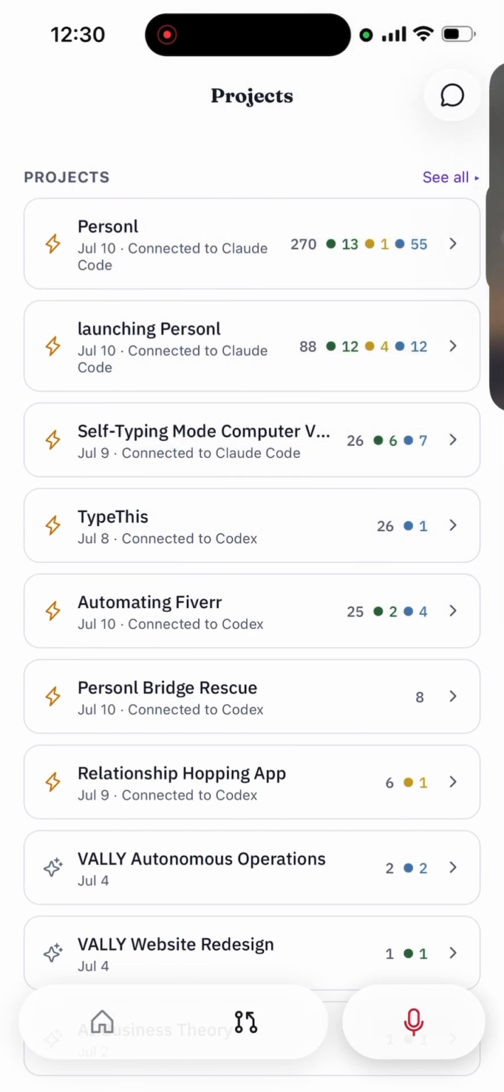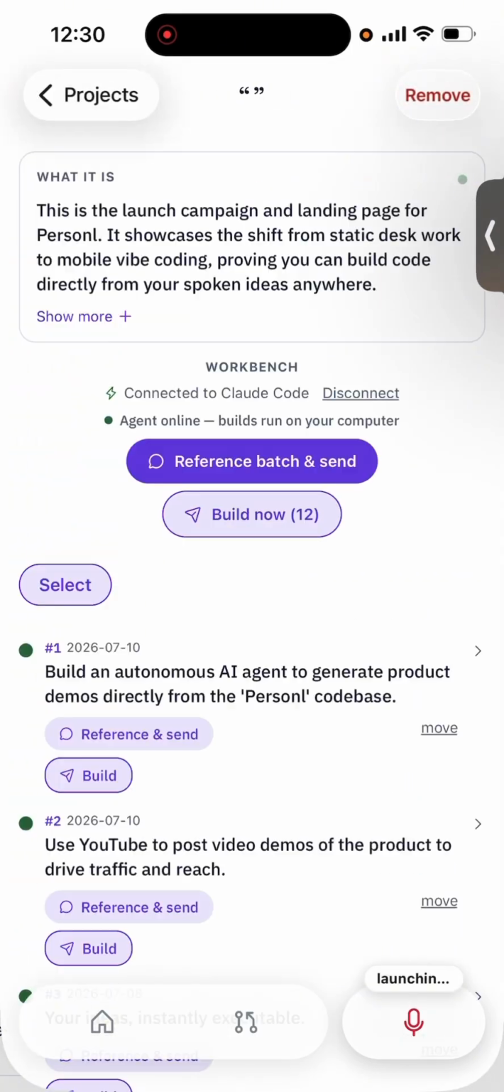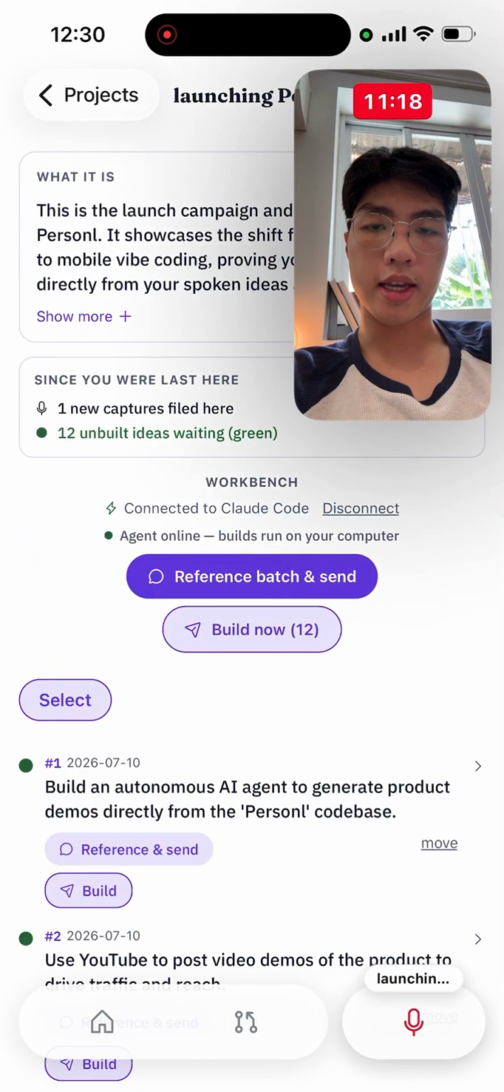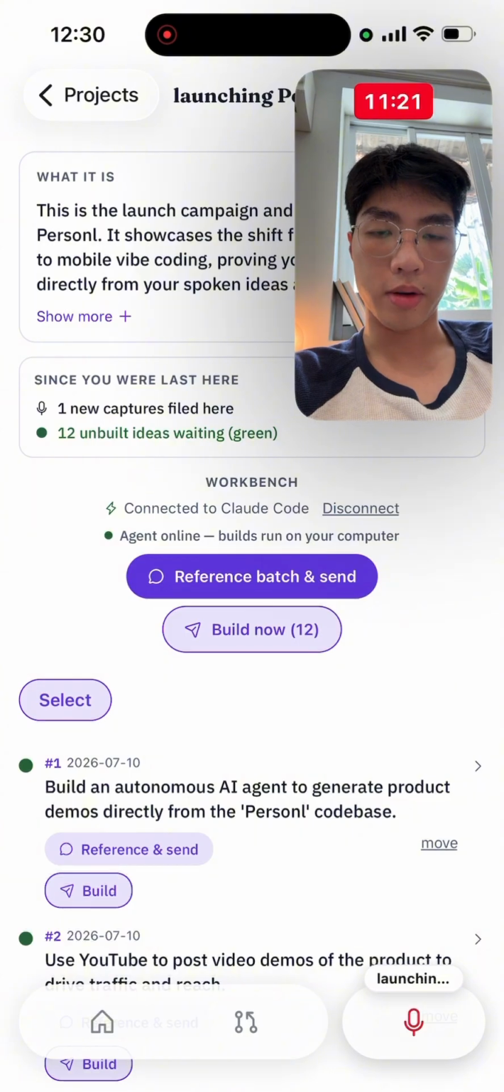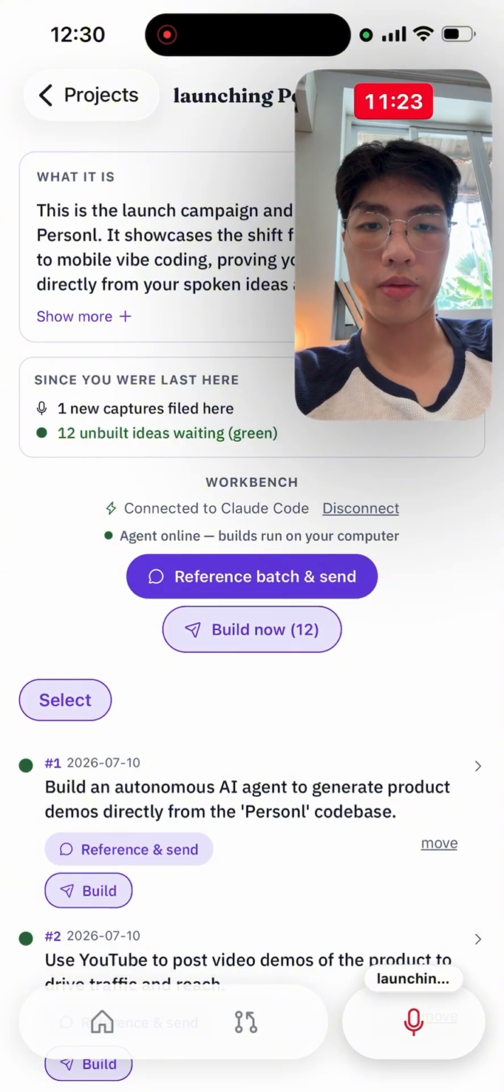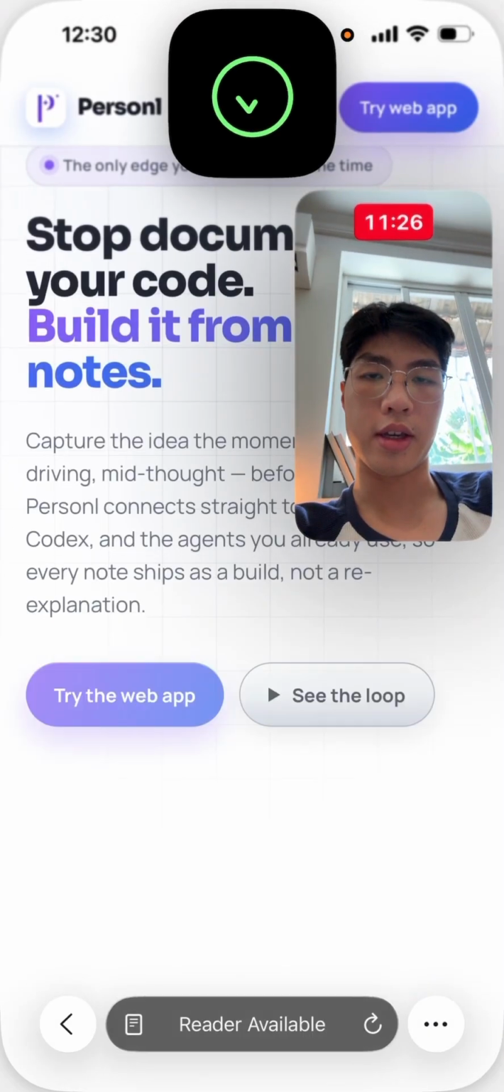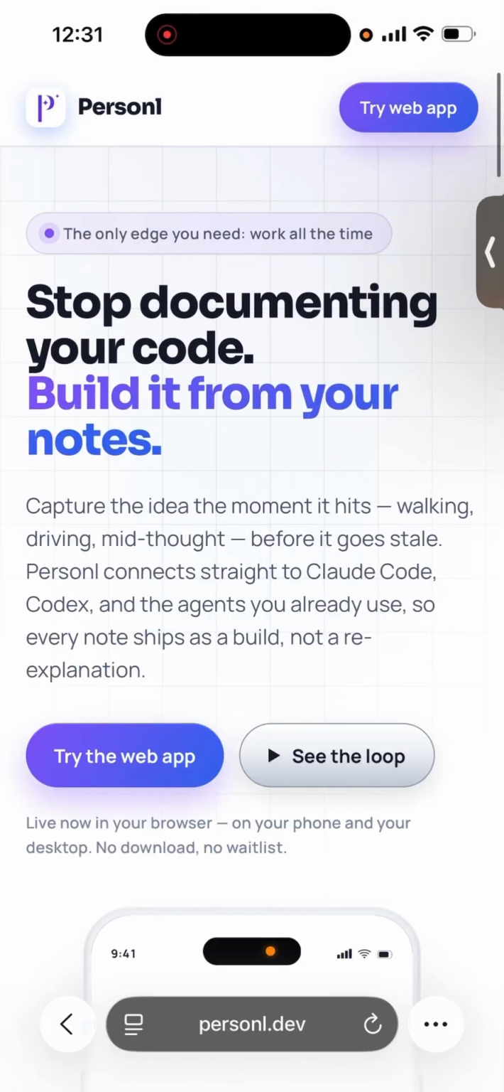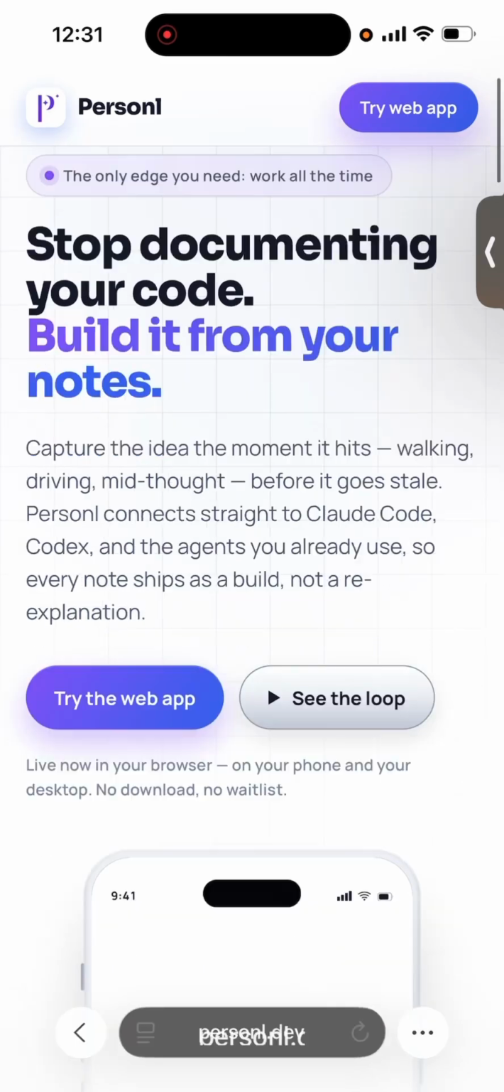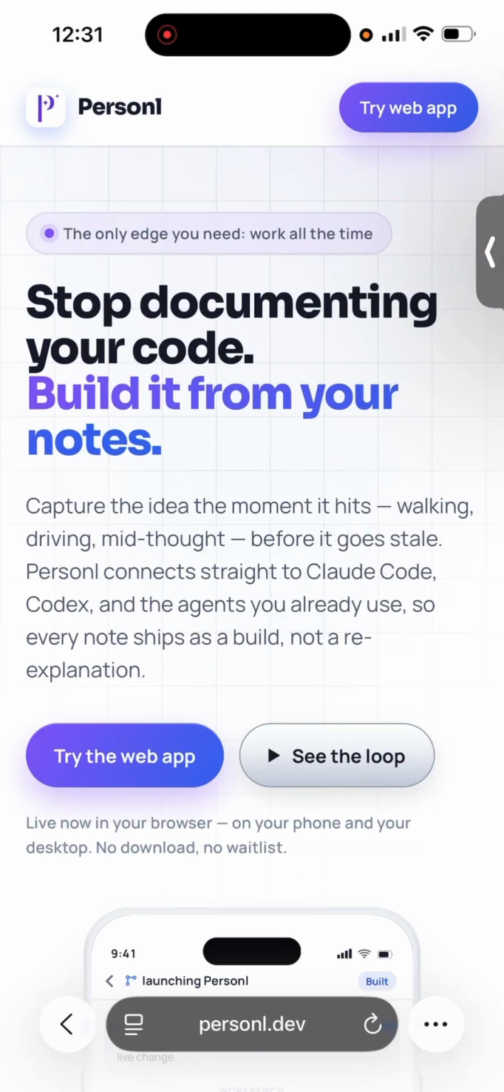For example, for a project I titled Launching Personal, I used it to build out the landing page for the app. Here is the current landing page that was built. Let's say I'm looking at the app and I really wanted to make a change. Let's say I don't like the section at the top where it says the only edge you need, work all the time. I could simply go into my app